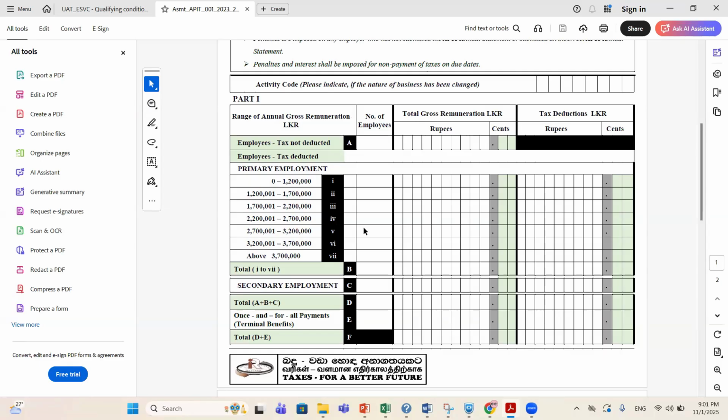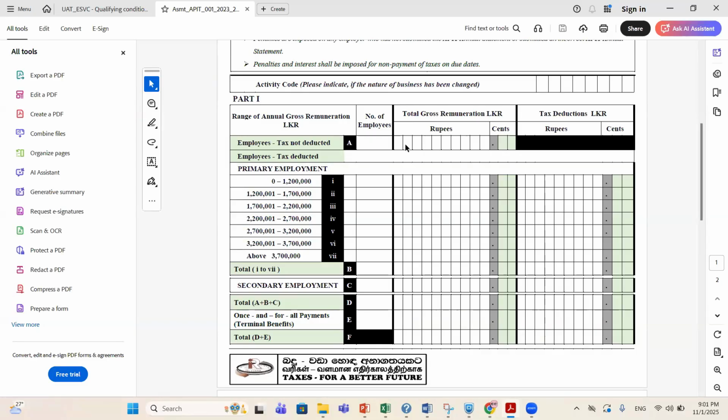So why am I saying this at the end? The total, ABC.